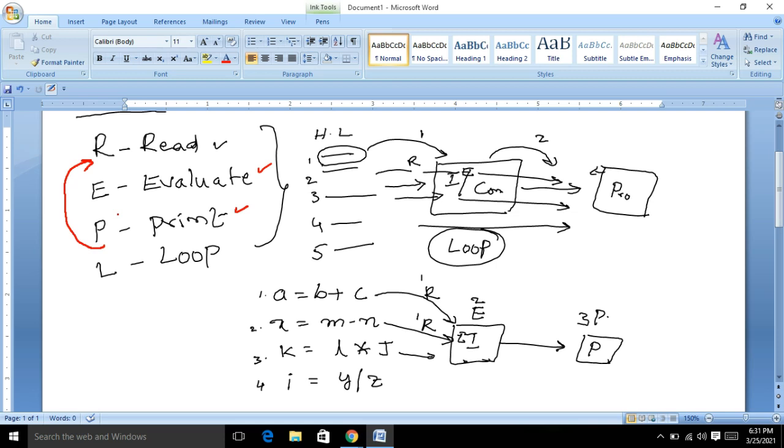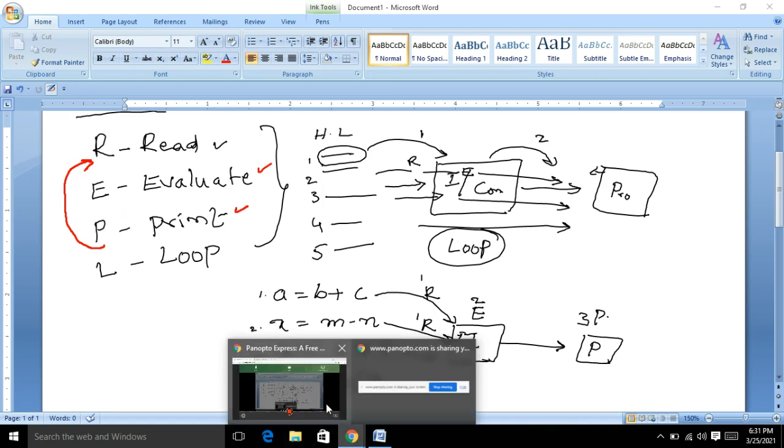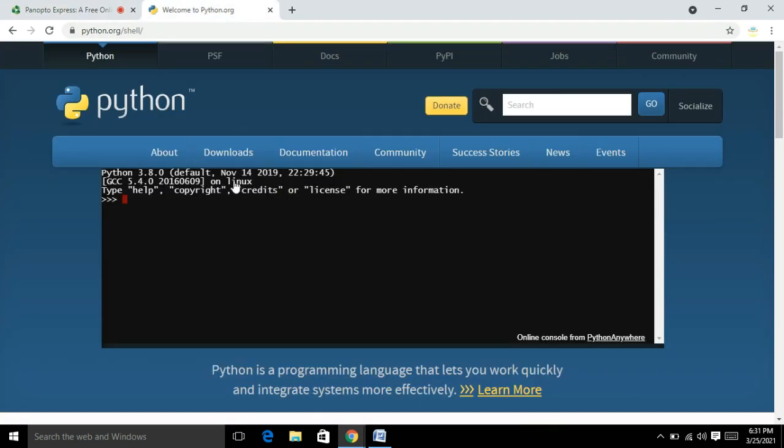I will show it directly on the online Python interpreter command prompt, which is provided by python.org. So the online Python interpreter is like that. The command prompt has three greater than symbols, and I would like to execute these commands here. Okay, friends. So now I will type 2 plus 4. It will generate the result 6.